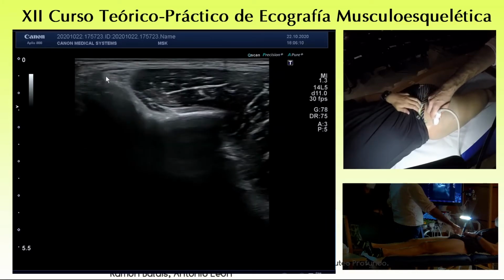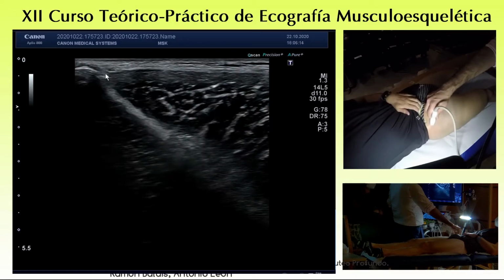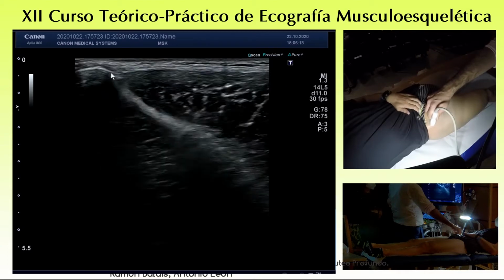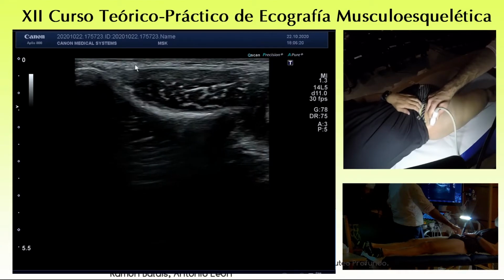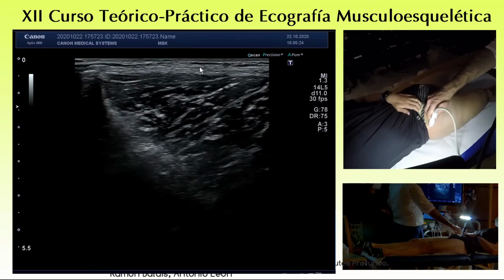Okay, and as you can appreciate here, it's not very easy to find, moreover if there is no pathology, the lateral femorocutaneous nerve while piercing the ligament, also because we don't know if it is here or more